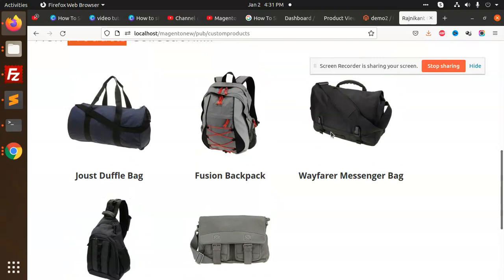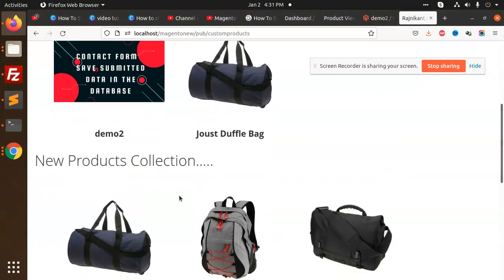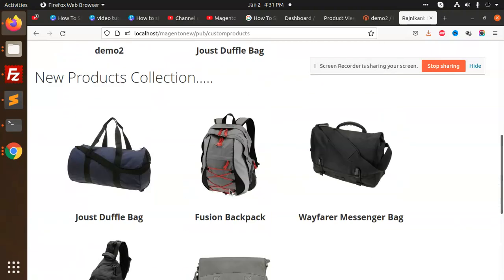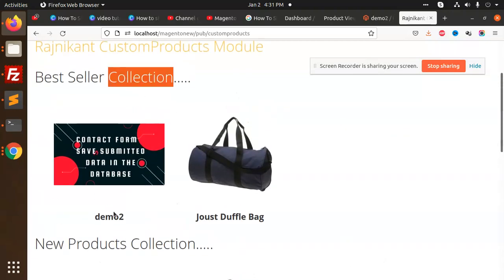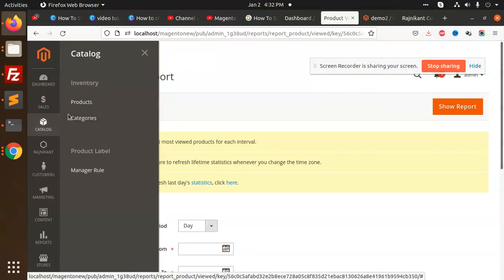We can also add a clickable hyperlink here using get URL, right? So this is how we get the new products collection in Magento 2. It's very simple and easy: just replicate this part like the bestseller collection, and the new product collection works fine. I hope you understand what exactly we have done. I'm just getting the products which are new, which have the date of today. I explained in previous videos how to set this, but I will tell you where you need to go.